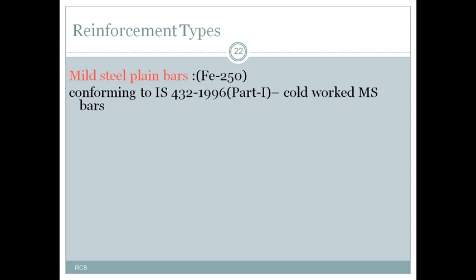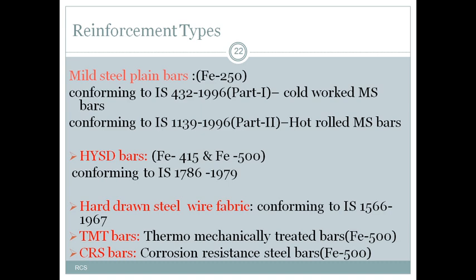The next topic is the types of reinforcement used as a reinforcing material. Generally, we have a few types: mild steel plain bars, HYSD bars, hard drawn steel wire fabrics, TMT bars and CRS bars. The grade of the mild steel plain bars is Fe250. The properties of these bars conform to IS 432-1966 Part 1 for cold worked mild steel bars, and for hot rolled mild steel bars, the properties conform to IS